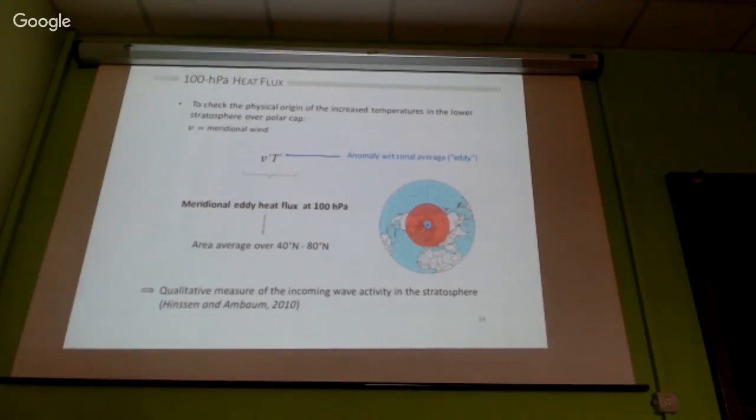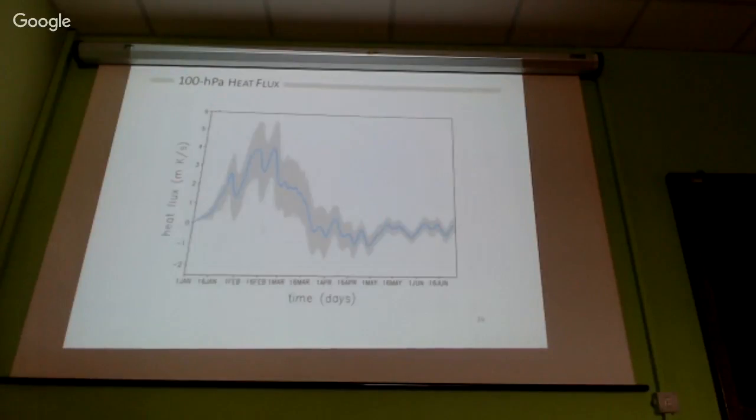So we try to assess this further. This is an analysis that also Paolo did in his PhD thesis. In fact, we have kind of copied that technique, but it's been introduced by Hinssen and Ambaum, who argued that it should be the meridional heat fluxes. So the waves that are generated by ENSO modify the eddies in the upper troposphere, lower stratosphere, and they modify the heat fluxes into the polar region, particularly here in the upper troposphere, lower stratosphere. So we calculate these heat fluxes in the model, and it's a very clear